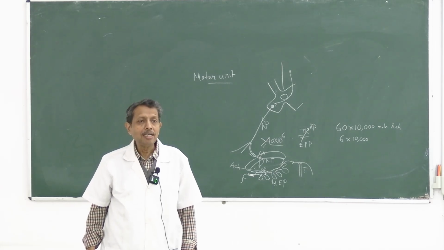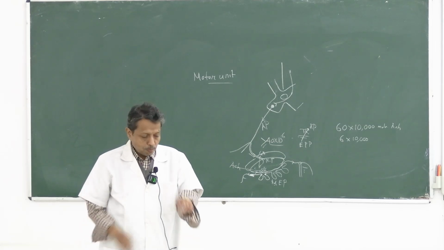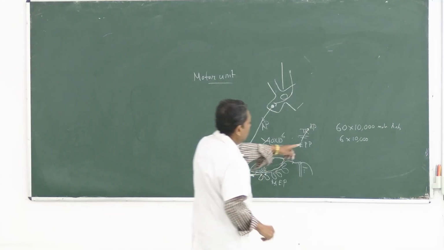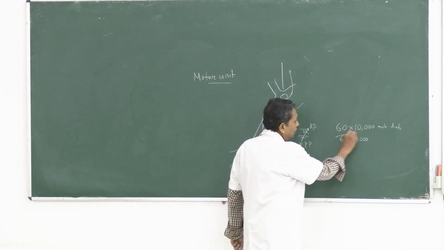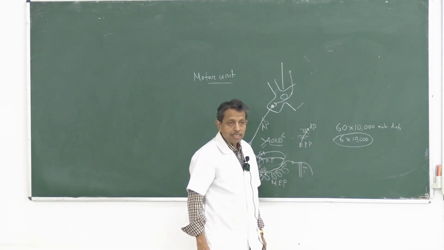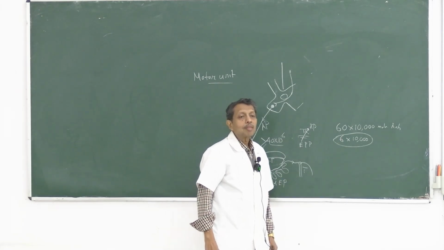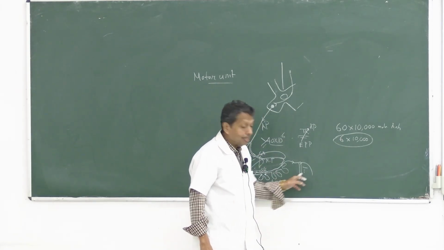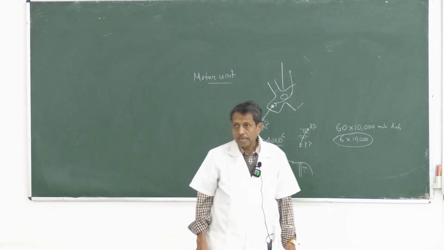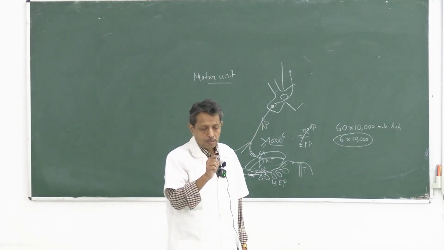So there is an end plate potential, but you can't find it in this way, because an excess amount is required, and it is the requirement, but it is regularly liberated by a single action potential. So whenever there is a single action potential, it will always reach the threshold, and action potential and muscle contraction will follow. But it can be demonstrated in experimental animals if this reserve value